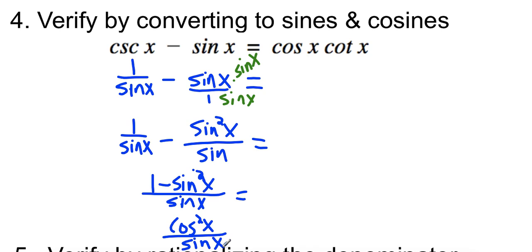So I want to show you something that we haven't really talked about yet, is we can work with both sides of the equation, okay? We can't switch anything over. Remember, we're not allowed to cross the equal sign. But I can also manipulate the right side, which is what I'm going to do now. So I'm going to come back to the right side. I have cosine, and I'm going to rewrite cotangent in terms of sines and cosines. So cotangent is cosine over sine,